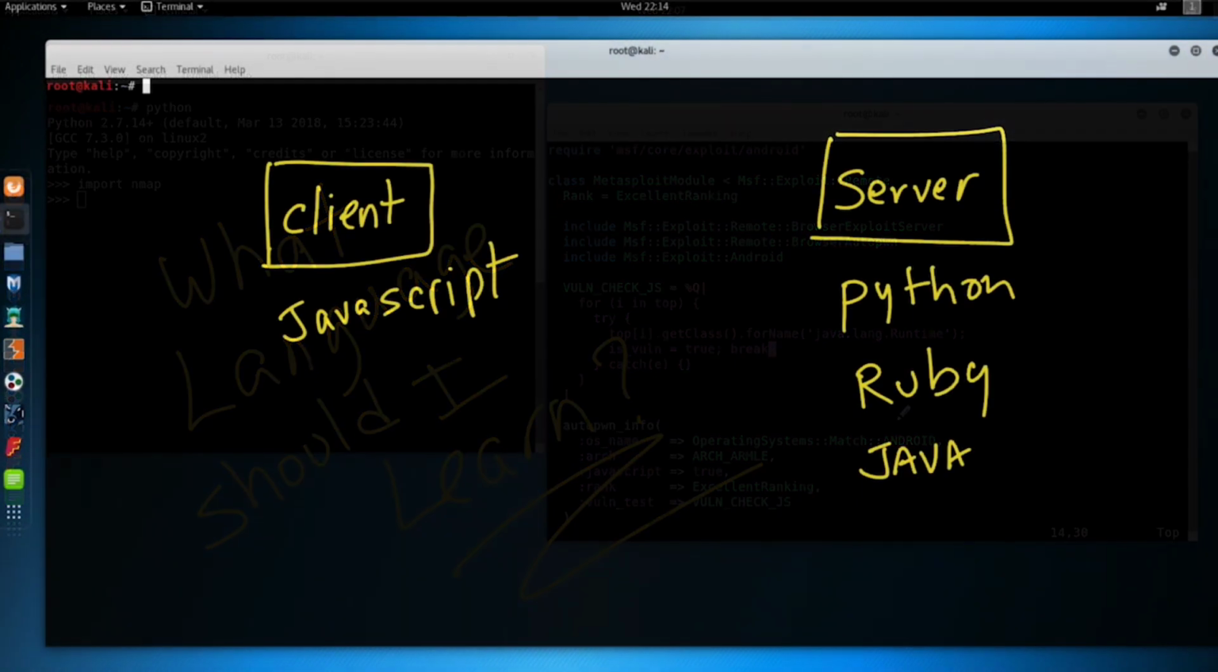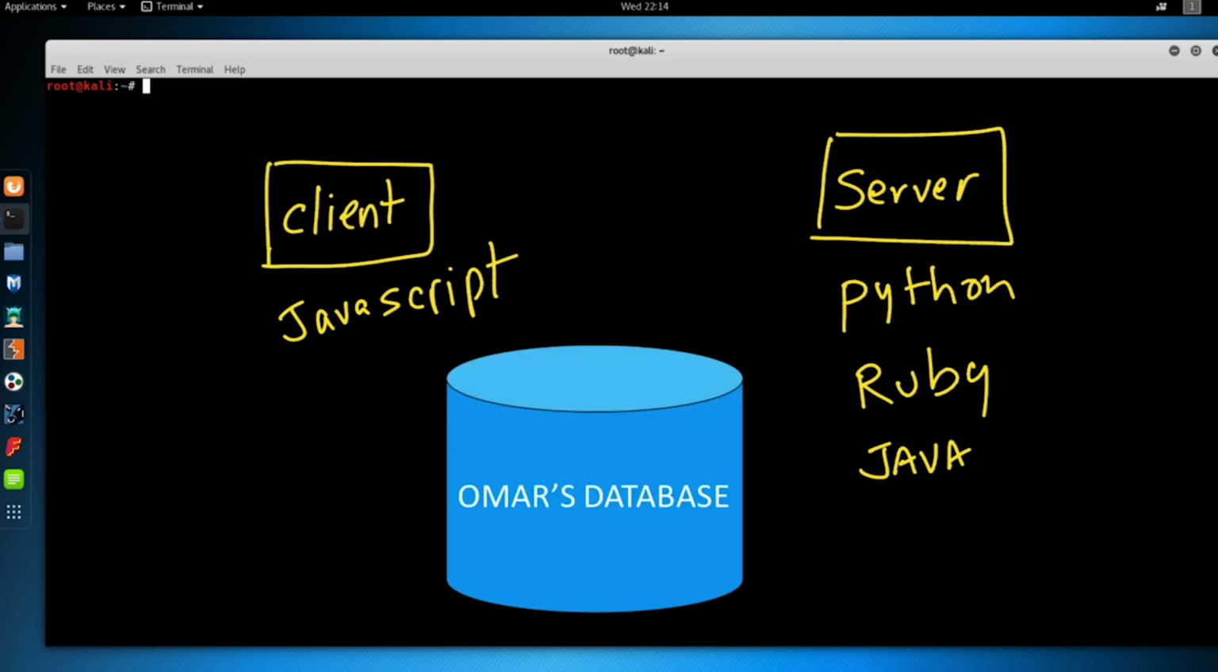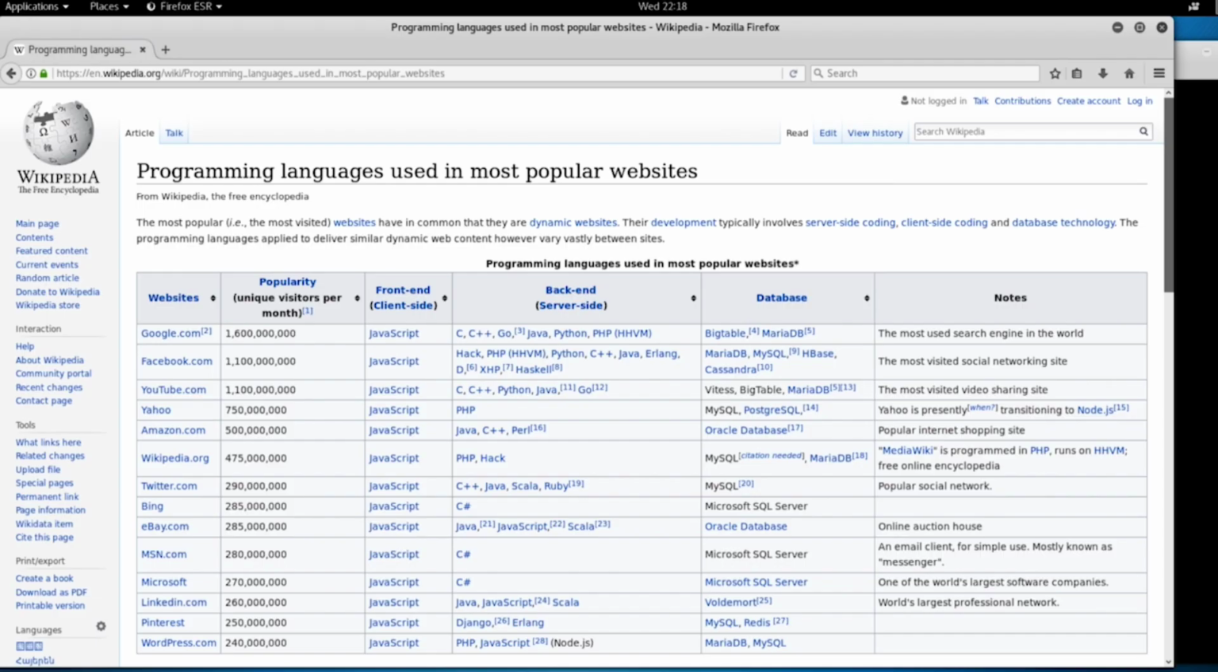Web application development typically involves server-side coding, client-side coding, and also some type of database technologies. So a good guidance is to see what are the most popular languages that are used to develop scalable and trusted applications. This is a fairly good reference. Here you can see the programming languages used in the most popular websites like Google, YouTube, Facebook, Amazon, and many